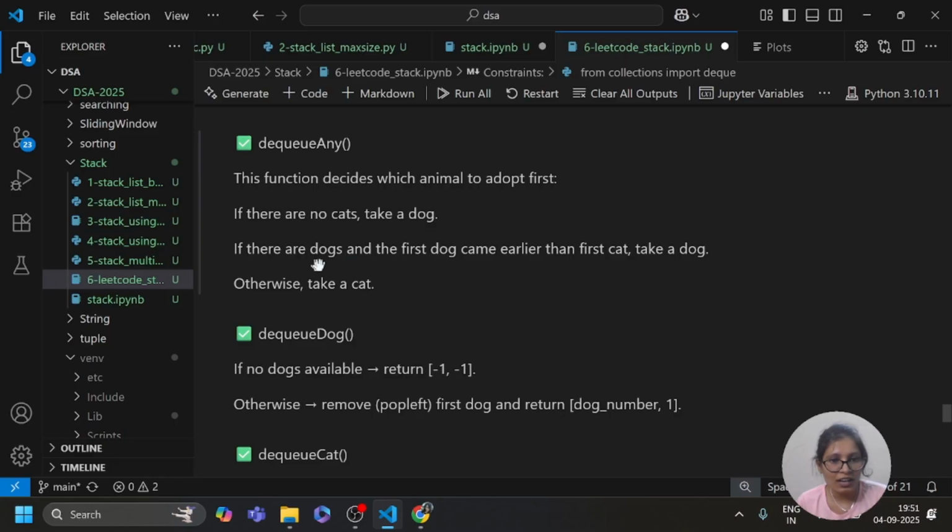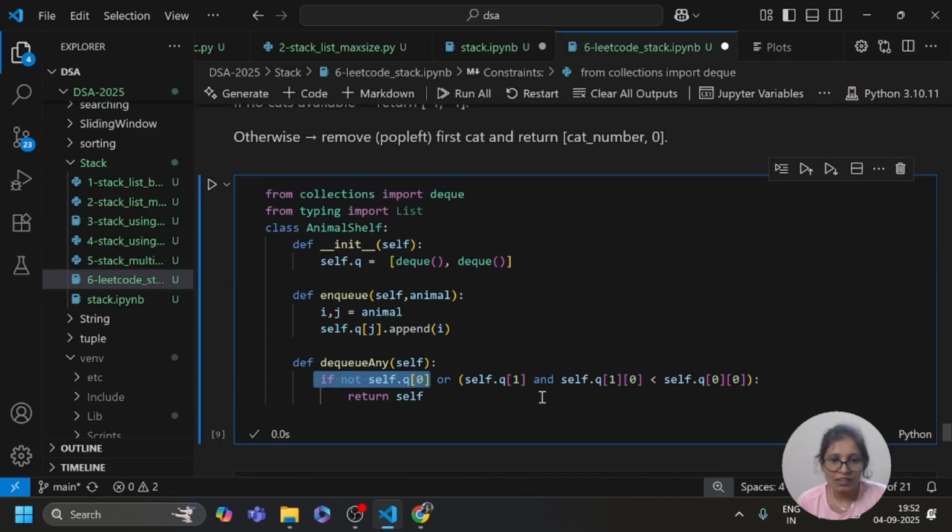So there is a dog, and the first dog came earlier than the first cat, then take a dog.